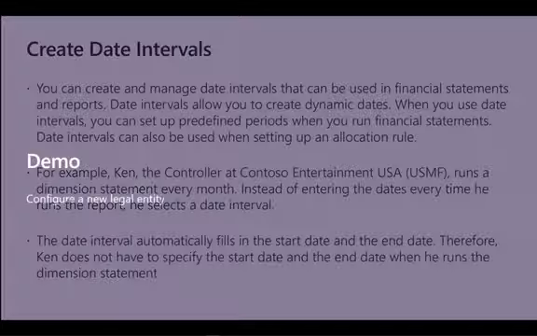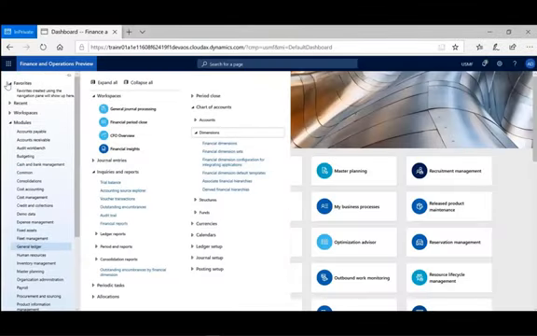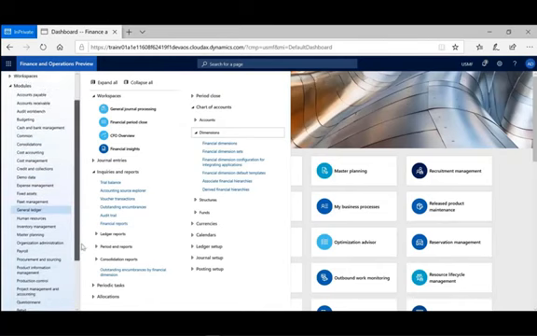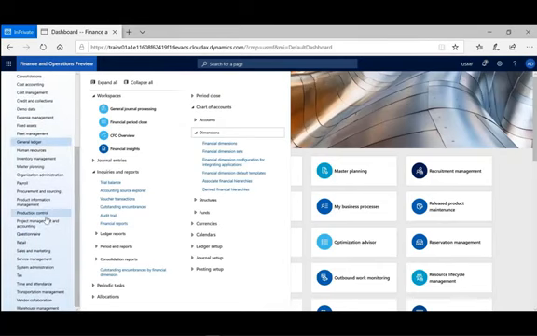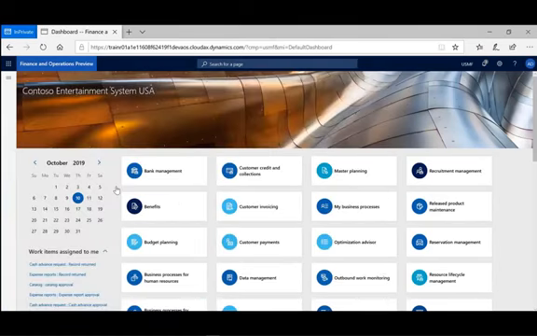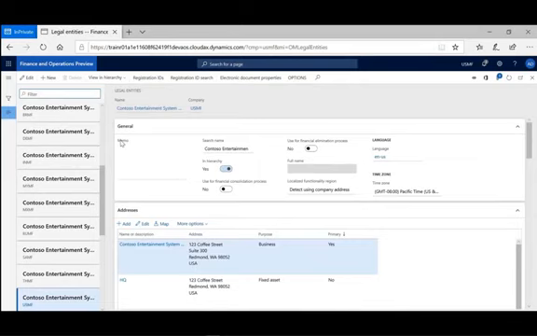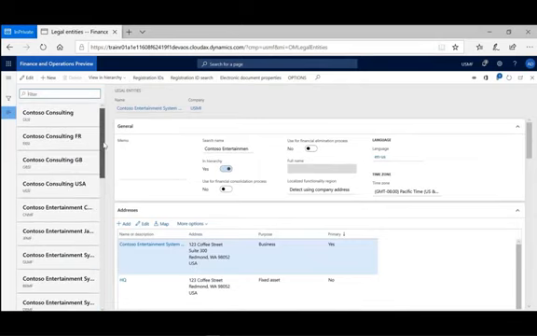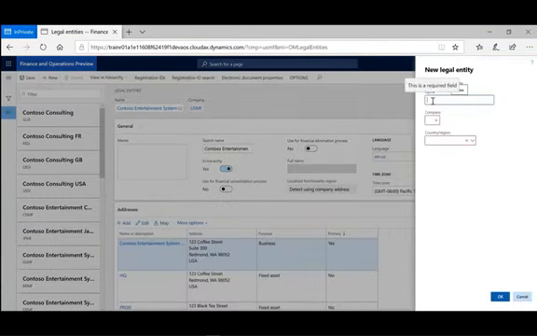Now, let's have a demo on configuring new legal entities. So to create a new legal entity, we need to go to the Organization and Administration module. And in the organization, click legal entities. Here's the list of existing legal entities in our installation instance. So to create a new legal entity, just click New. Give it the name of the legal entity, for example,